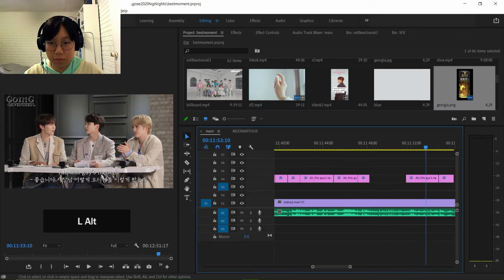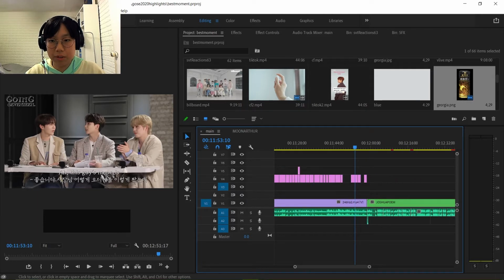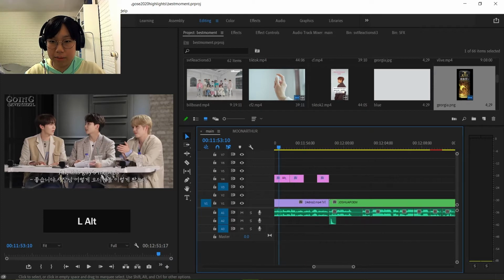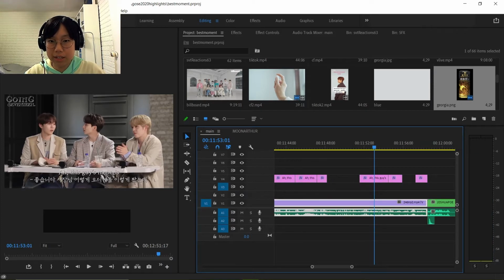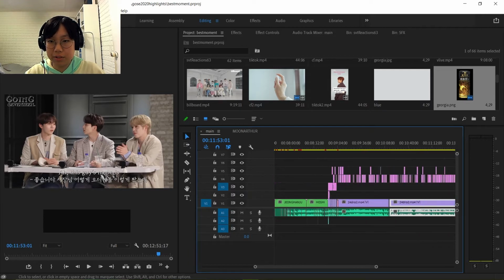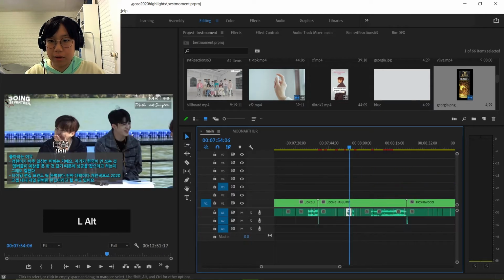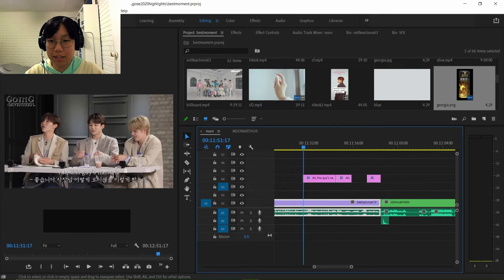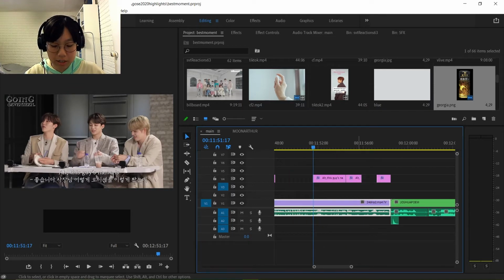So scrolling with your wheel mouse. And if you want to go to a full view of your entire timeline, you can hit the backslash key. So that's pretty much how I navigate my timeline. I'll zoom to where I want. Say I suddenly want to get way back into the rest of the video, I'll zoom out, scroll, find where I want, and then zoom back in. I don't know if this is exactly the fastest way to navigate the timeline, but it's the way I've gotten used to it, and it's fast enough for me.